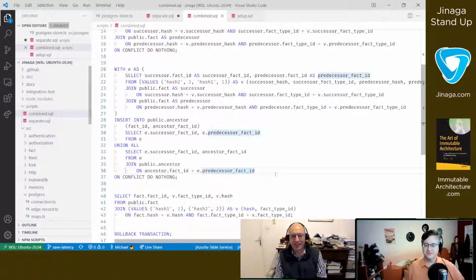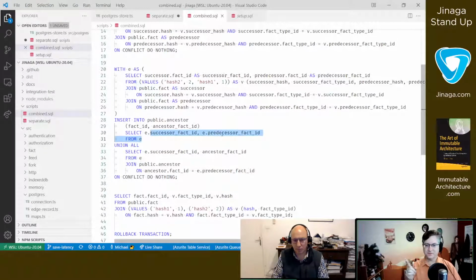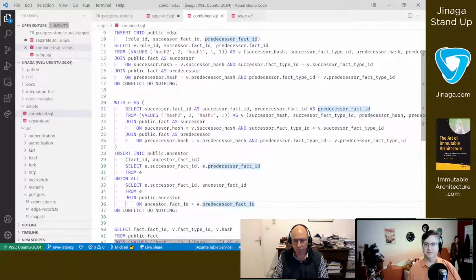Then ancestor is the one that got really interesting. So in this case, I needed to get all of the predecessor IDs, both for inserting them directly and for getting their ancestors to do the recursive part. So I did that as a common table expression so that we only need to express that once.